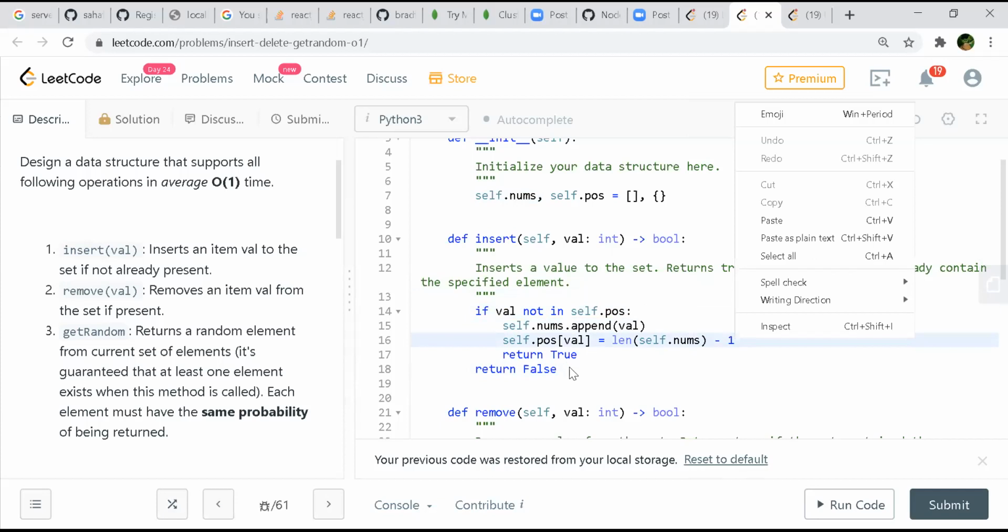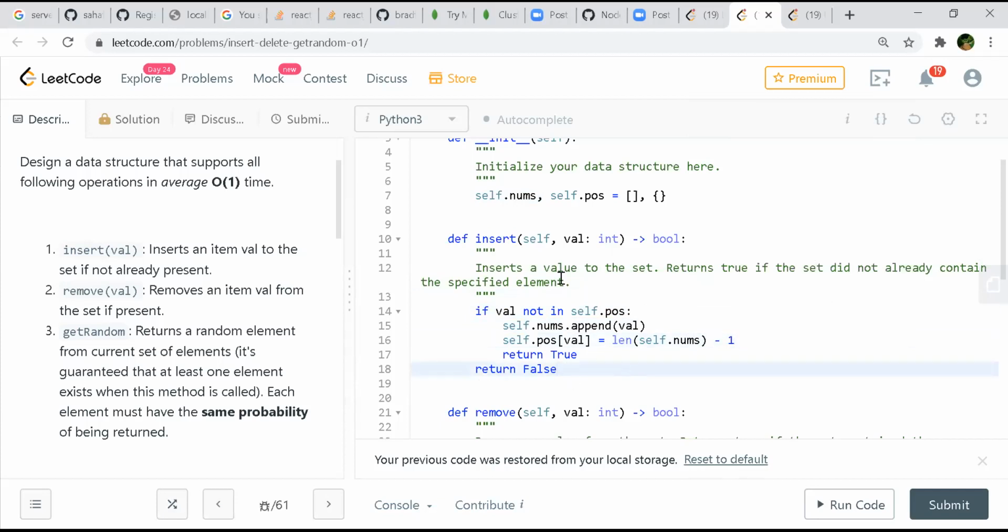Else if it is present, then we'll return false, because the set already contains the element. Because you have to insert an item only when it is not present, right?